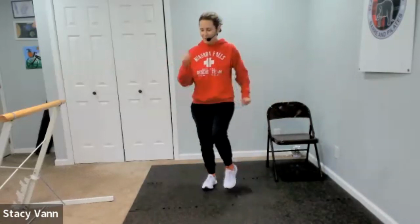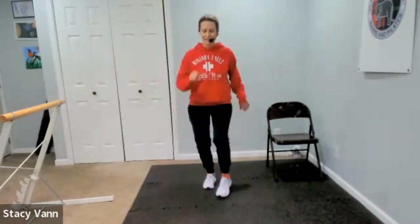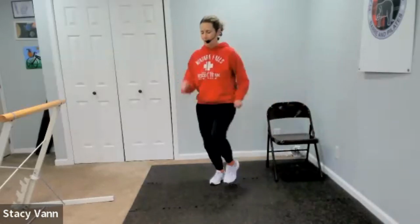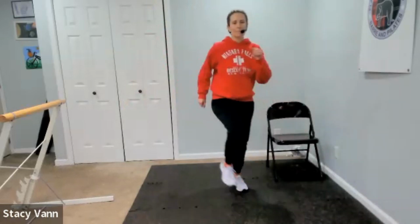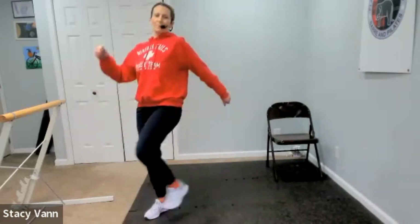When we walk out the other way, you're going to tap that outside leg, or I guess it becomes the inside leg. So we go over and tap, back in. And once you've got that pattern, 5 seconds right here, come back out to the other side, tap at the end. And other side, tap at the end. And out, and tap. And out, and tap,